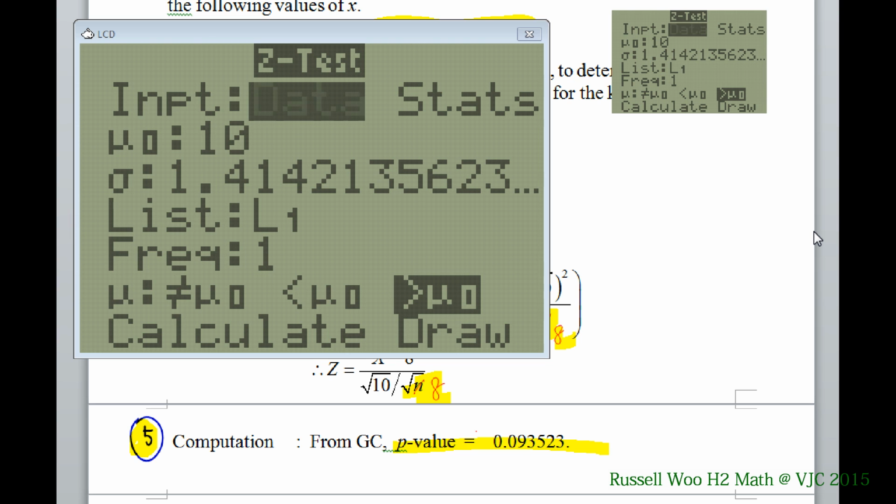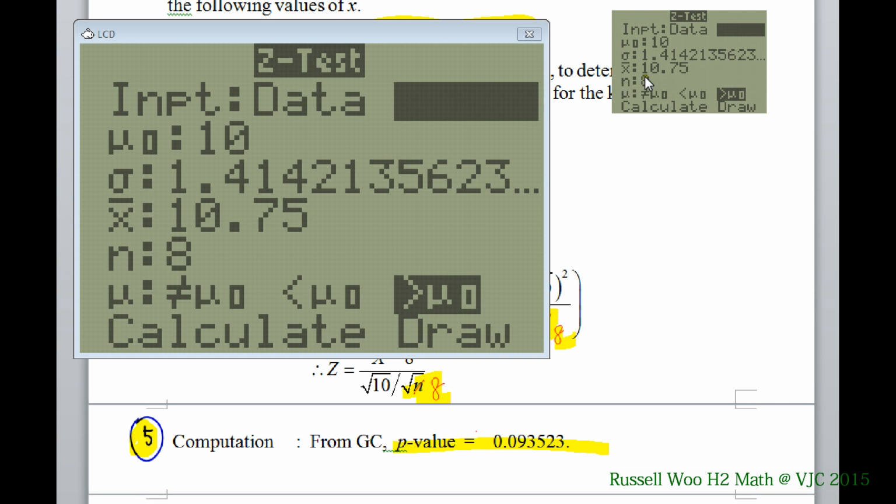Can you have attention? You could have manually calculated the sample mean from the 8 values. Then you enter it. Then you use this one, like that. Then you enter it here into your X bar here. That means you calculate manually. The 8 values, 1, 2, 3, 4, 5, 6, 7, 8, you get this value. Or